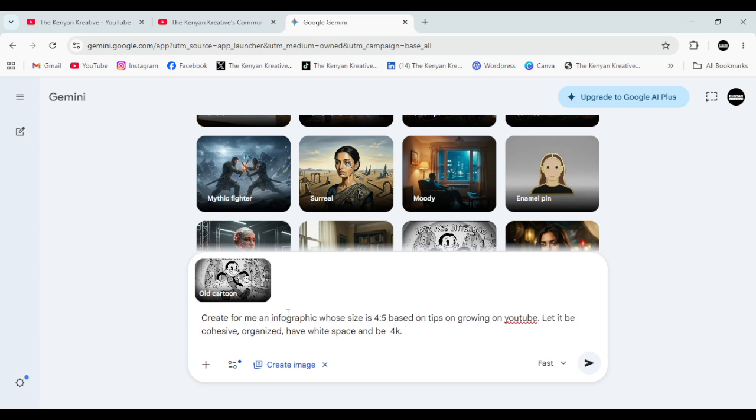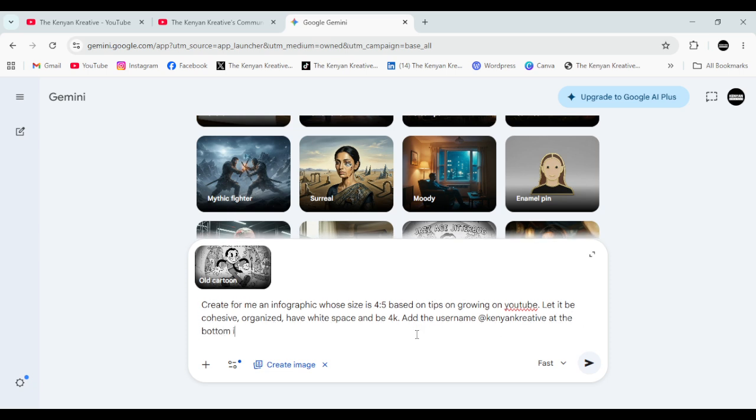Then, if you want it to have your logo or something, you can add tools here. You can add a file and probably add something. So I'm going to say add the username at Kenyan Creative at the bottom in a minimalistic